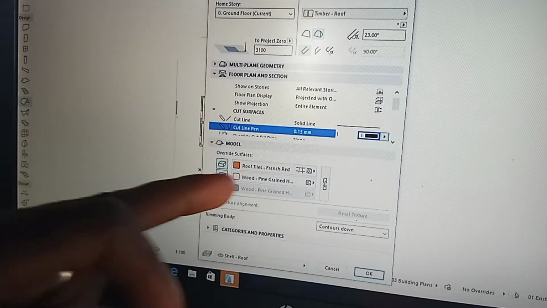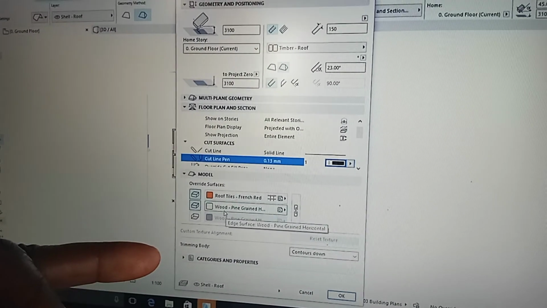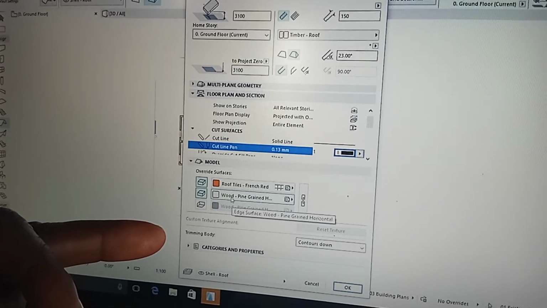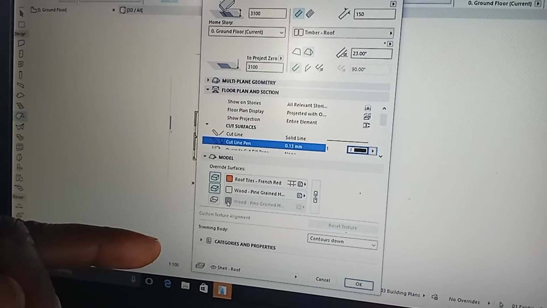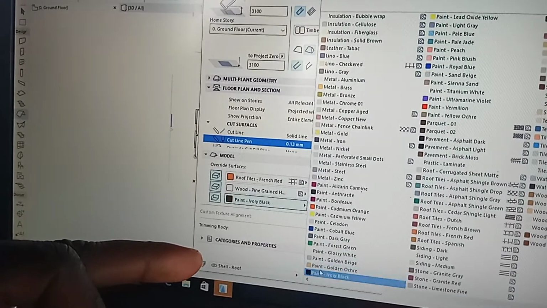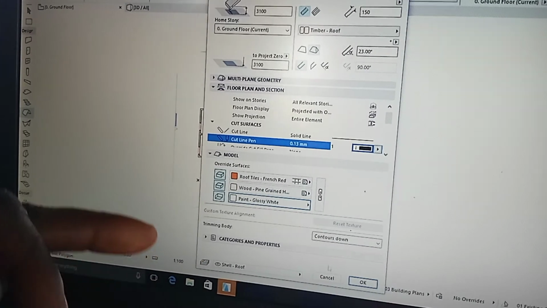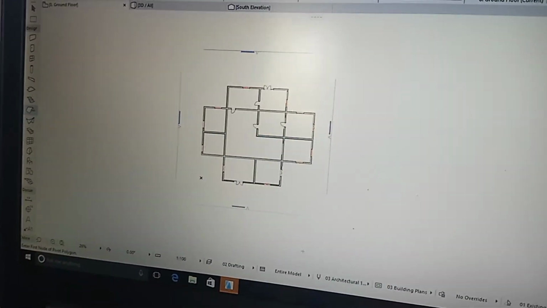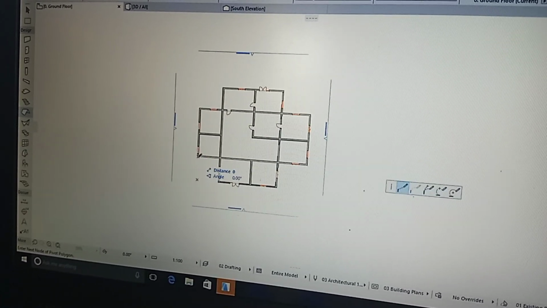This one ita remain hivyo, cause ita remain tu hivyo, na hii ndio I'll make sure I change this one to glossy fresher board iwe glossy white, and I say okay. So I start putting on my house a roof